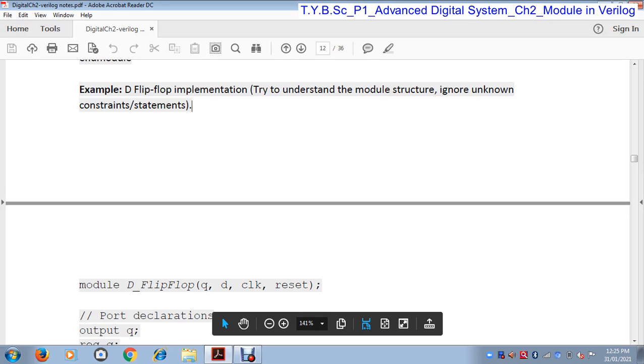Now Q, D, clock, reset are the inputs and outputs of the D flip-flop. Q is the output of the D flip-flop, D is the input, and clock and reset are also inputs of the flip-flop.